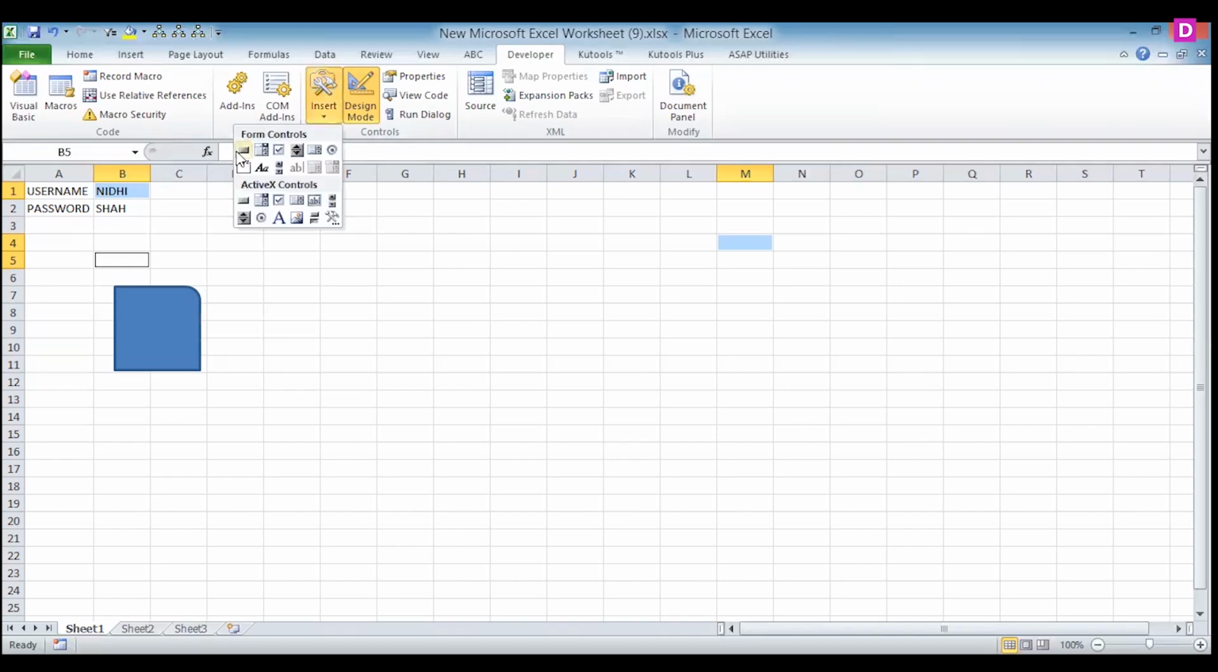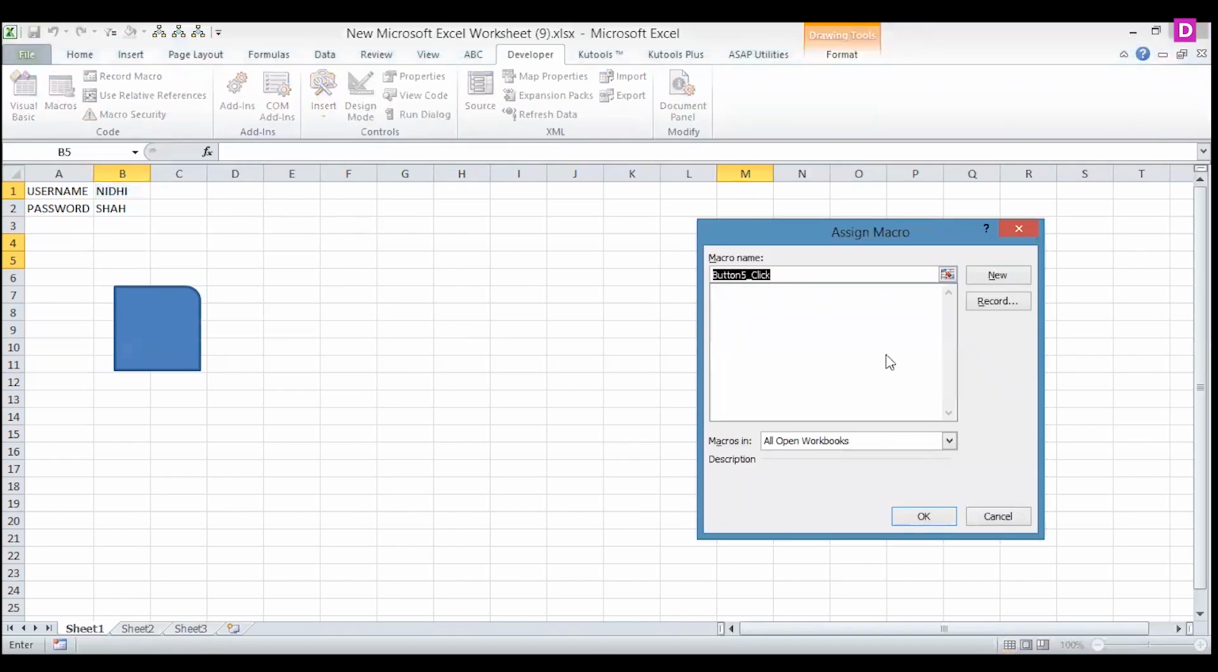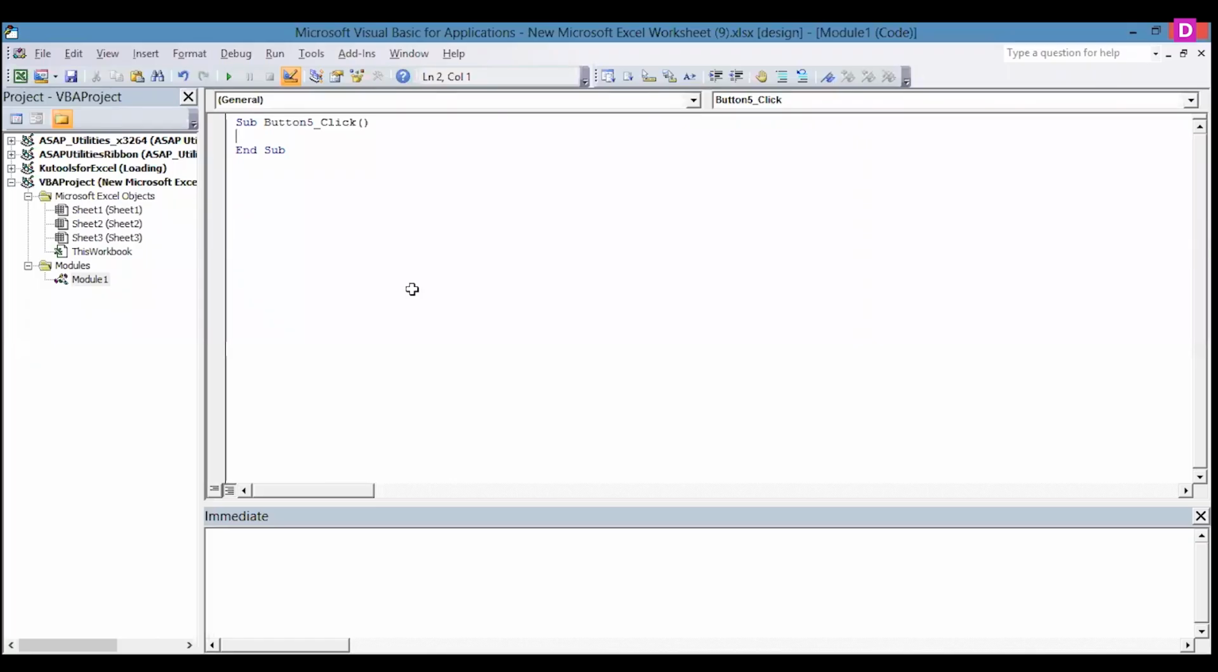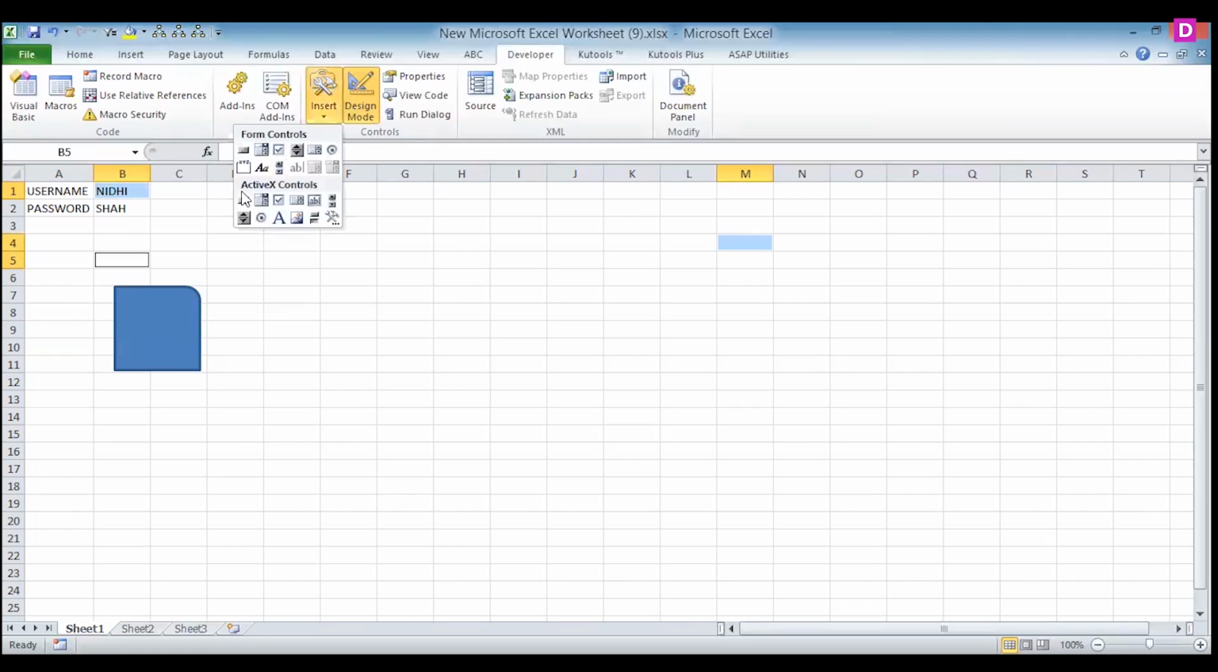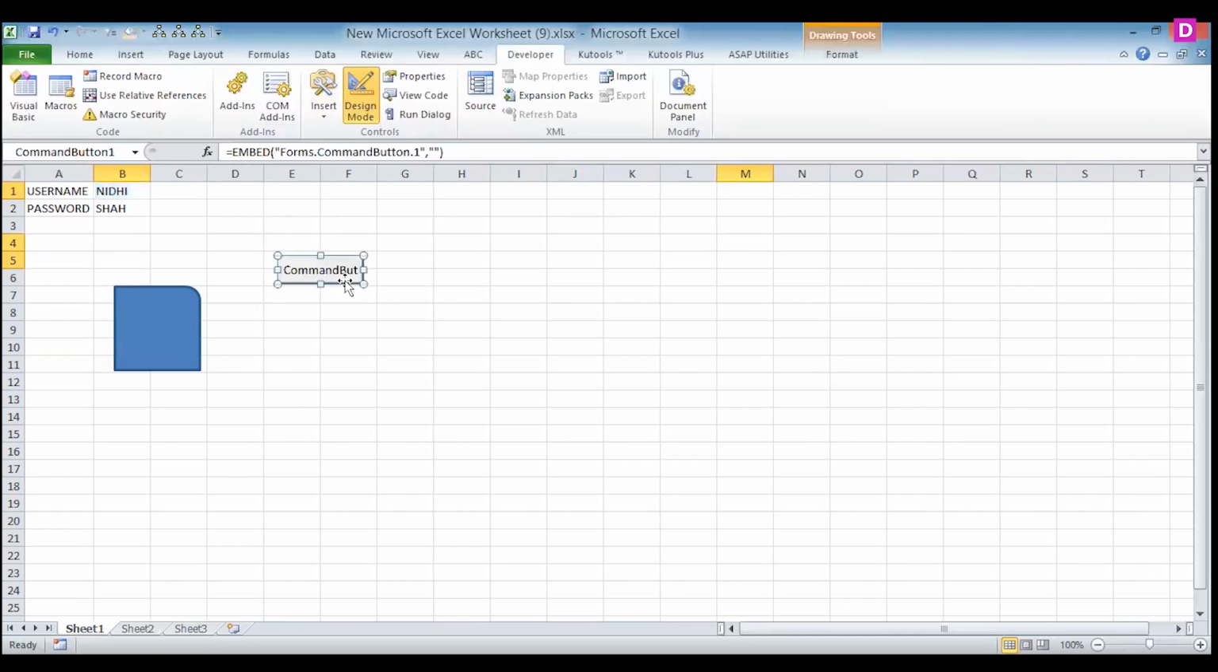For example, if I'm adding a button, here a macro is available. You can assign the macro, otherwise a new macro. You can create the macro here and you can right click and the assign macro option is available. Now you can drag this button also. This is called a form controller. In the form controller you can use assign macro, but if you use the ActiveX controller, this directly adds the